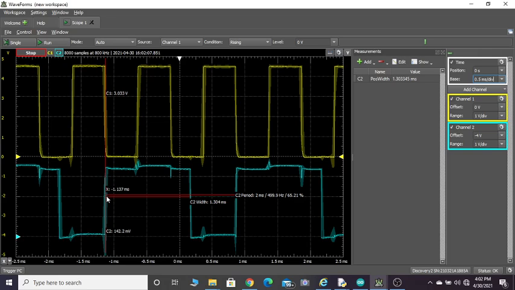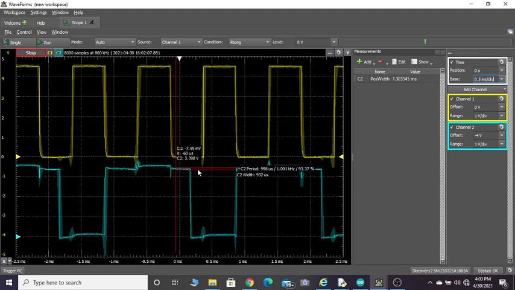Now the pulse width is from here to this point, which is 1.3 millisecond. So whatever trigger signal comes before the end of the pulse width will not be valid. That's why this type of 555 timer is called non-retriggerable, meaning once it triggers, the output voltage goes to the quasi-stable state. It remains there till the value of the pulse width has elapsed.